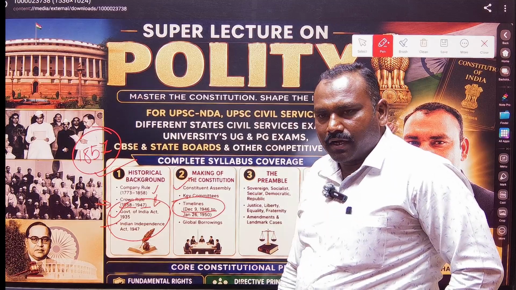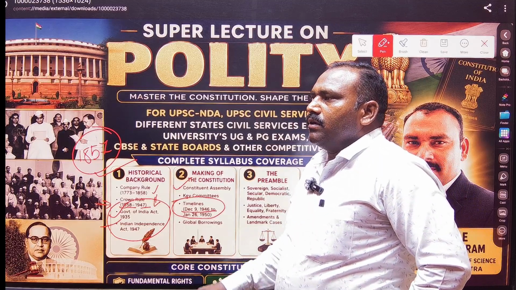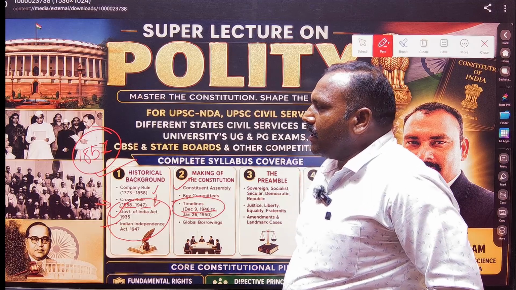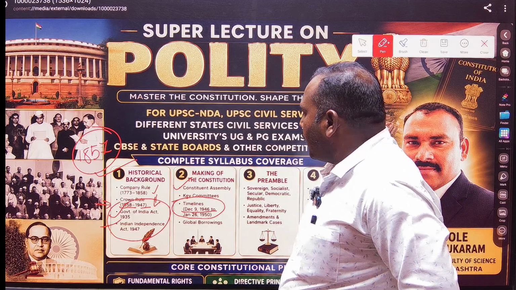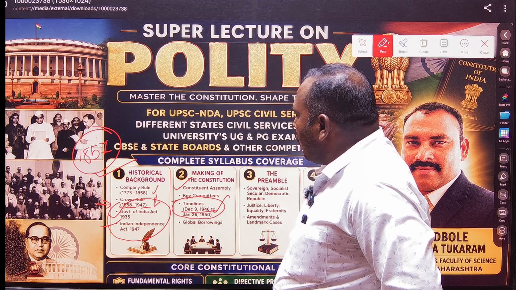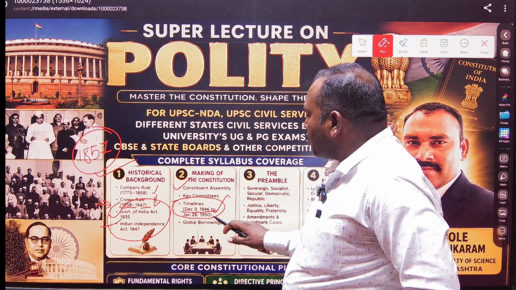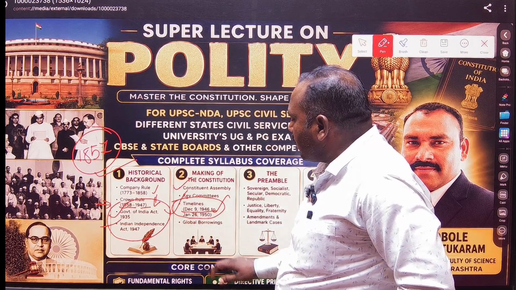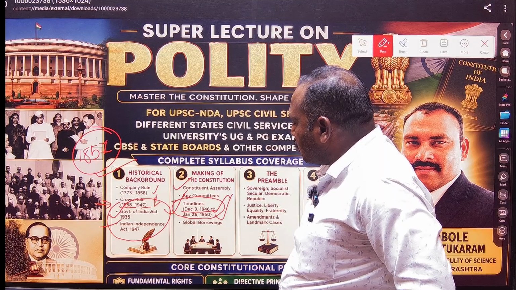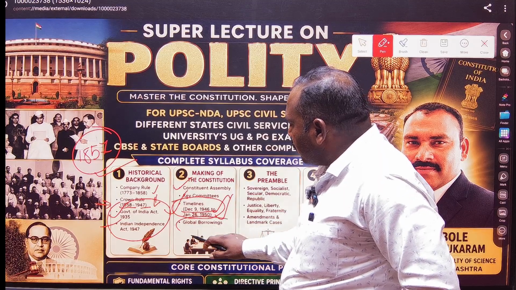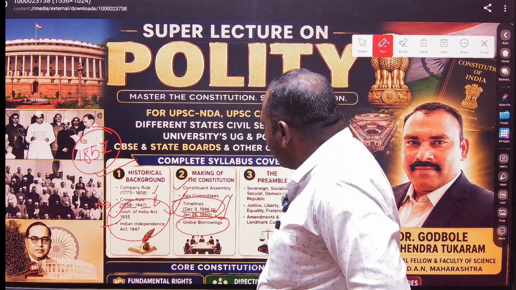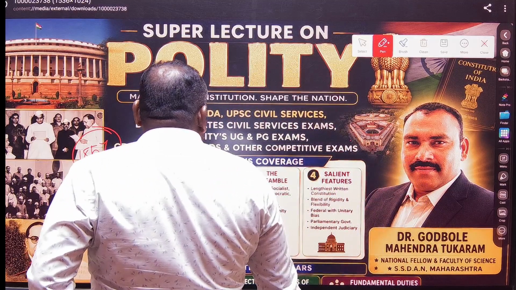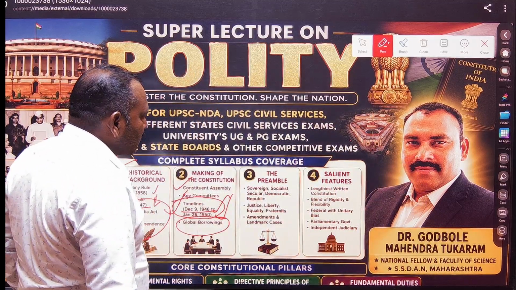The 26th November 1949 is supposed to be the enactment of the Constitution day, while the 26th January is supposed to be the day of commencement, the earlier day was an adoption and an enactment of the Constitution. Then the global borrowings: the Indian Constitution has different relations with foreign countries.